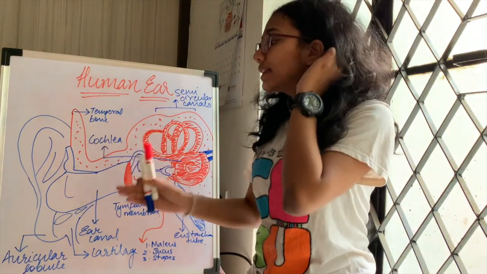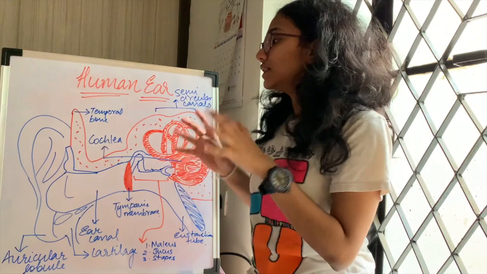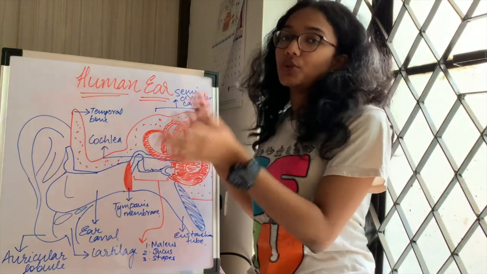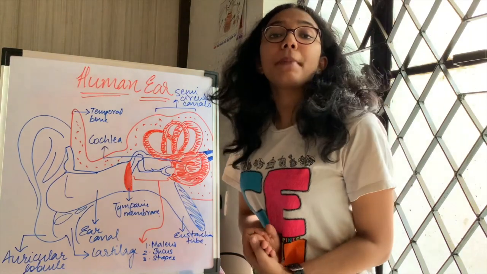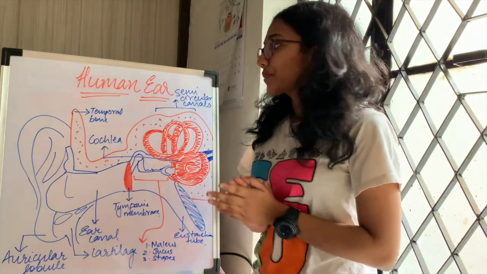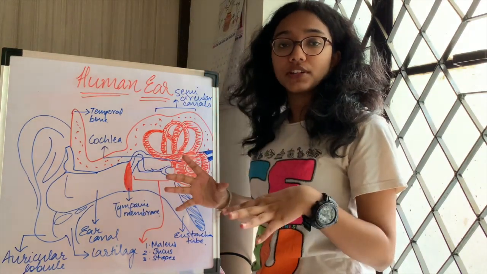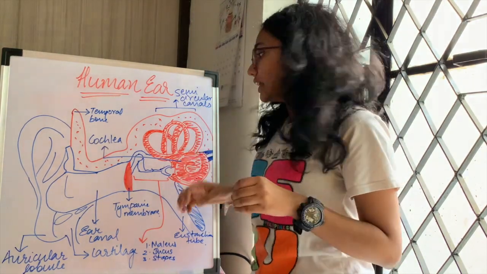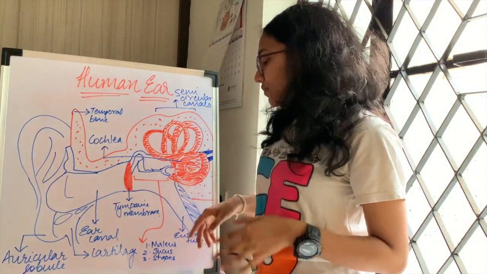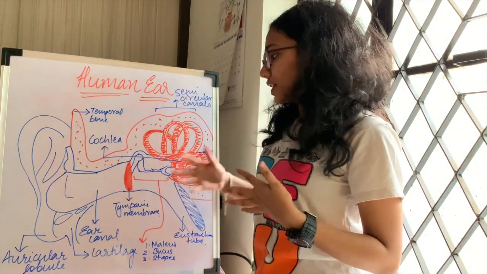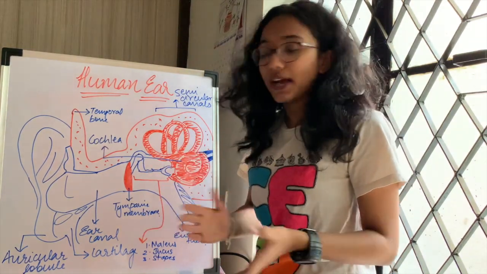So when we're done with that, let's finally move on to the parts of the middle ear. It's the part of the ear that joins the inner and outer ear. So the first thing we have to learn about is the tympanic cavity. You know that the middle and inner ear are embedded in the temporal bone. So there is this air-filled cavity in the temporal bone which is known as the tympanic cavity. Basically all the structures excluding the bones present in the middle ear constitute the tympanic cavity.